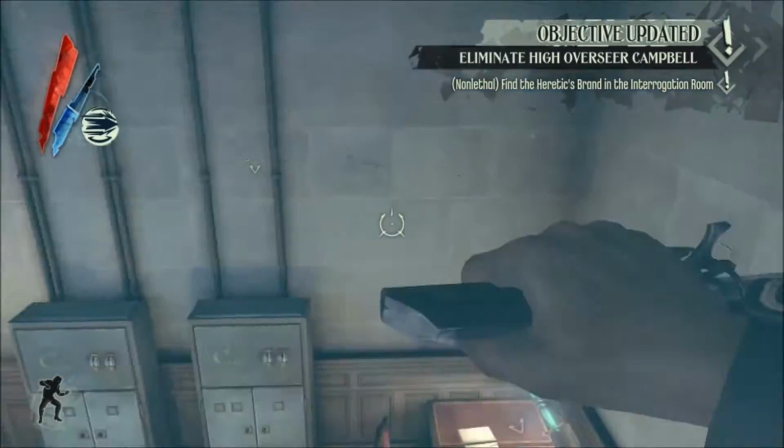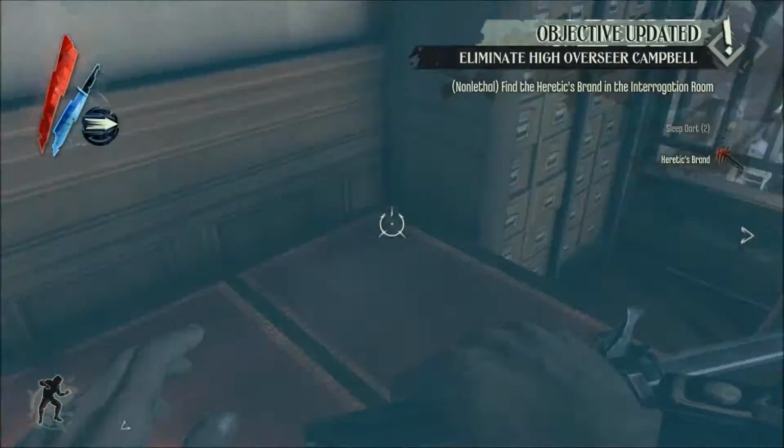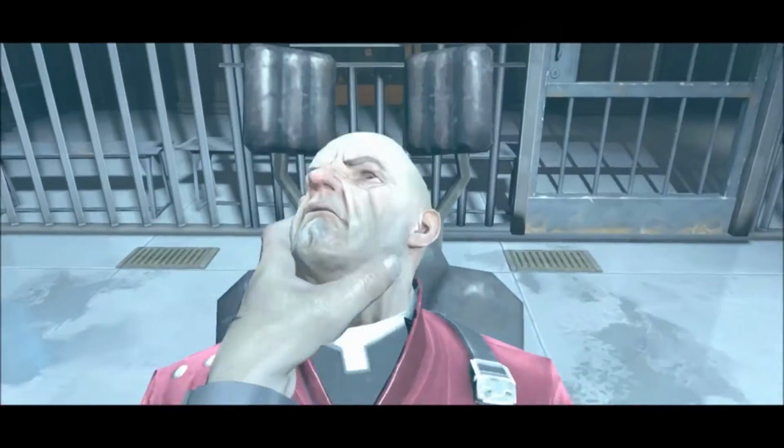Now be careful, that guy on patrol might come all the way up to the interrogation room, so be quick, but grab the bolts and the sleep darts and the Heretic's brand. Jump back over here, stick him in the face,